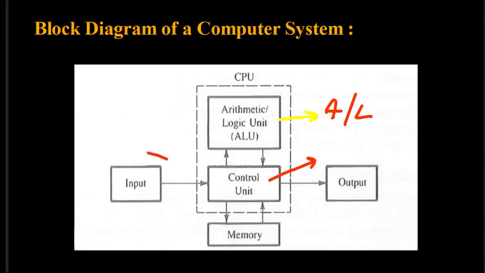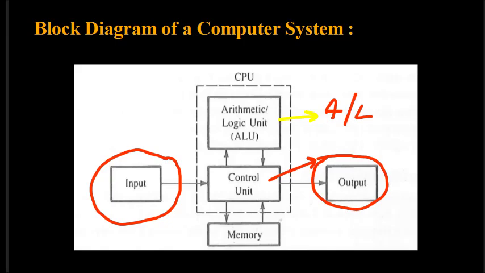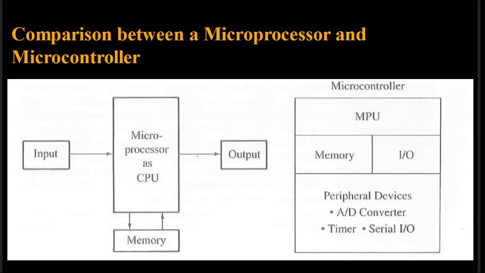Then we have already seen the input. This is the input terminal. We can input the data to the CPU and we get output at this output terminal. And this memory is used to store the instructions and the data. Instructions are actually programs; we have to feed the programs in memory, and these programs are in the form of binary instructions.